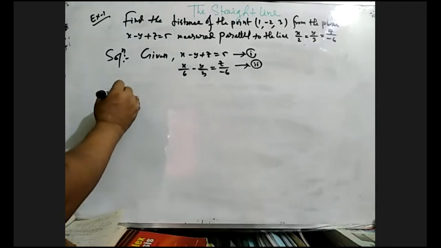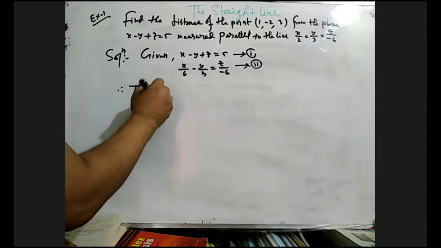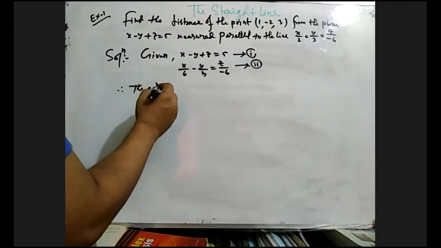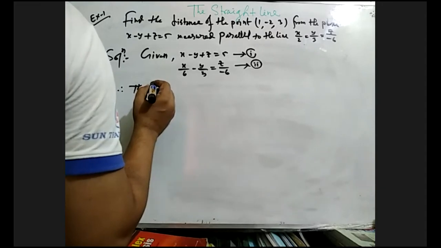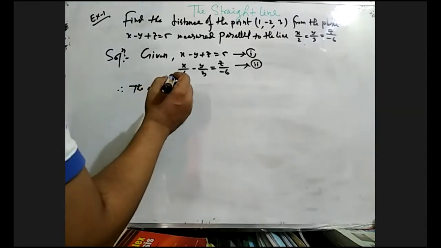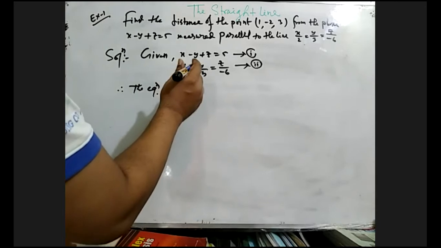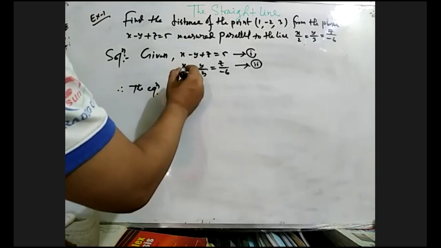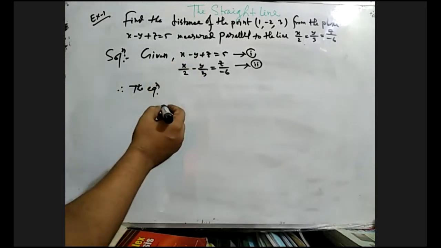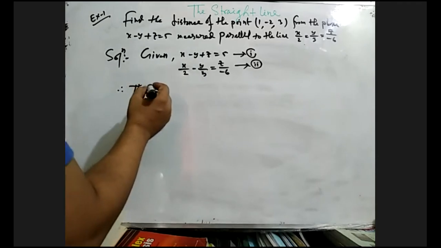Therefore, the equation. Sir, there is x by 2, not x by 6. z by minus 6. Sir, x by 2. X by 2, right. X by 2. The equation of the line